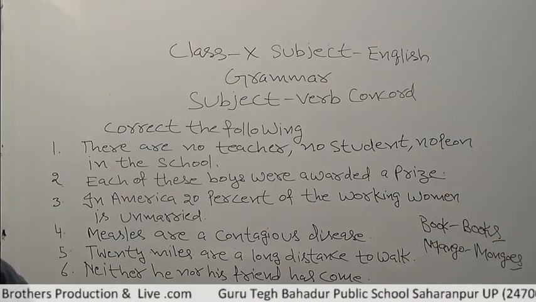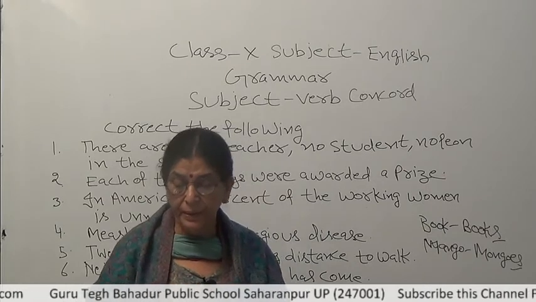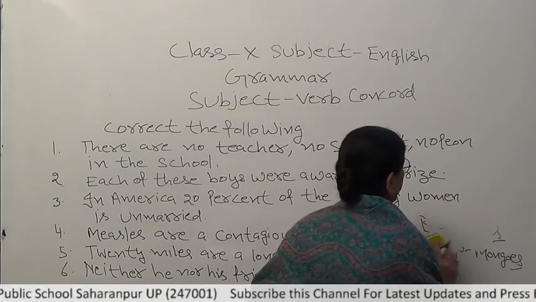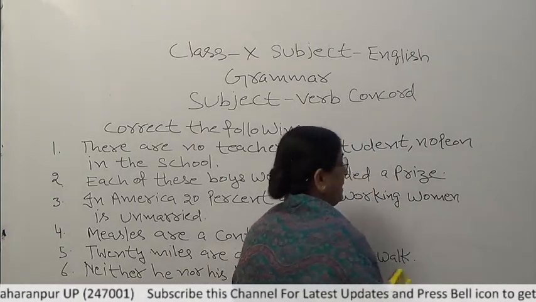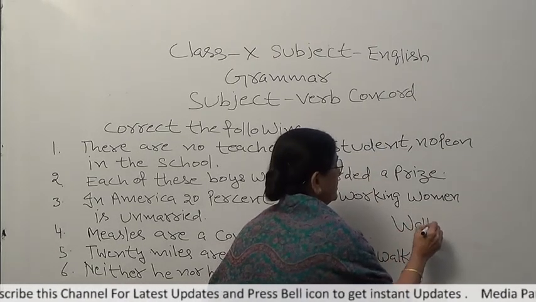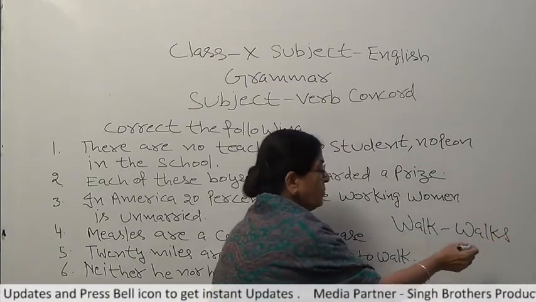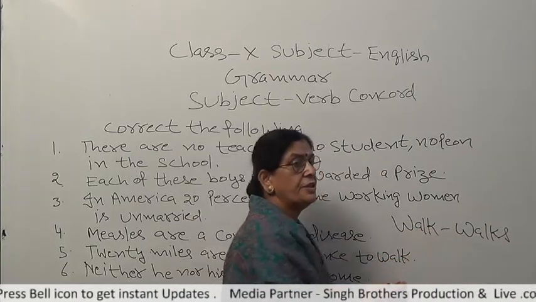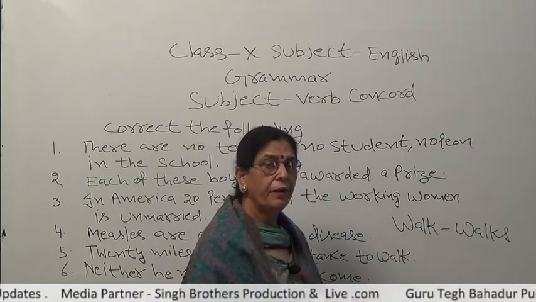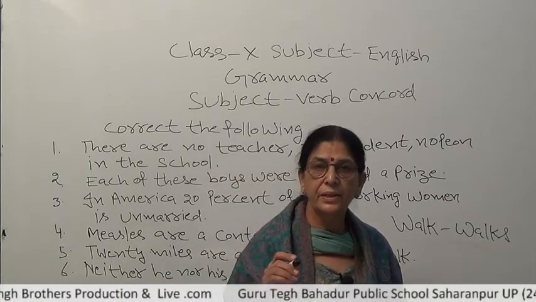Likewise, when we add s or es to a verb, it makes the verb singular. For example, I am taking the verb walk. Walks. It has become singular. She walks. She is singular, and I am using the singular verb, she walks. Likewise, adding es also to a verb makes it singular.